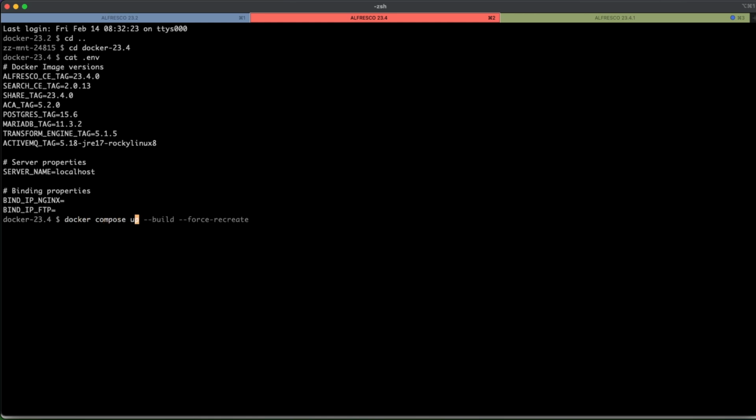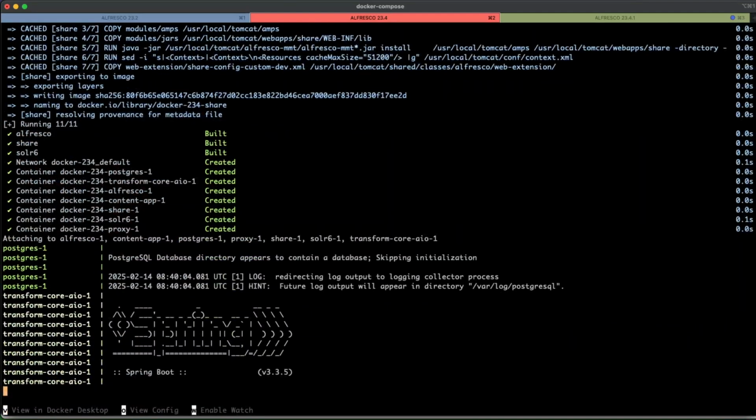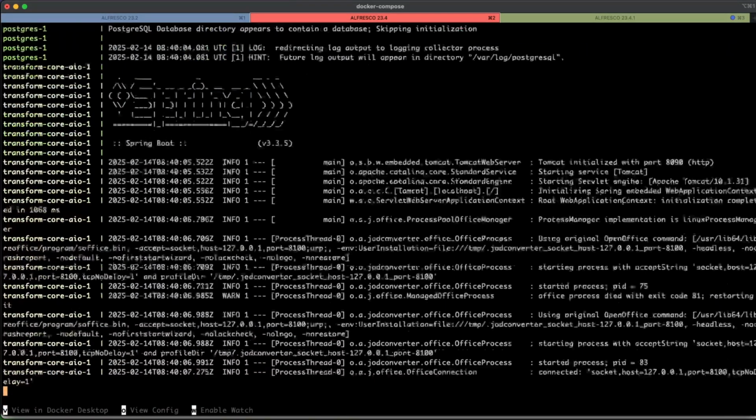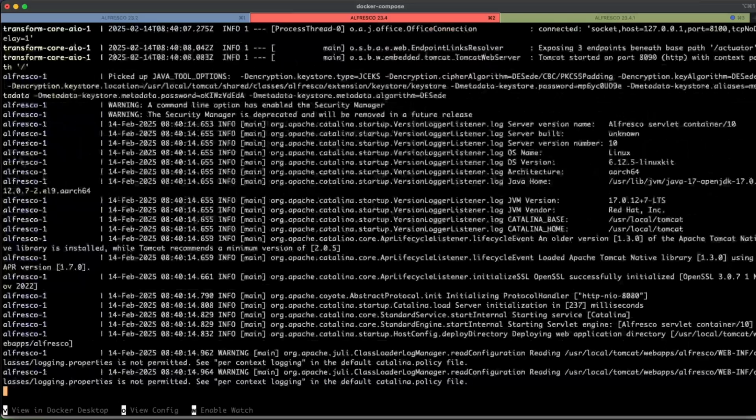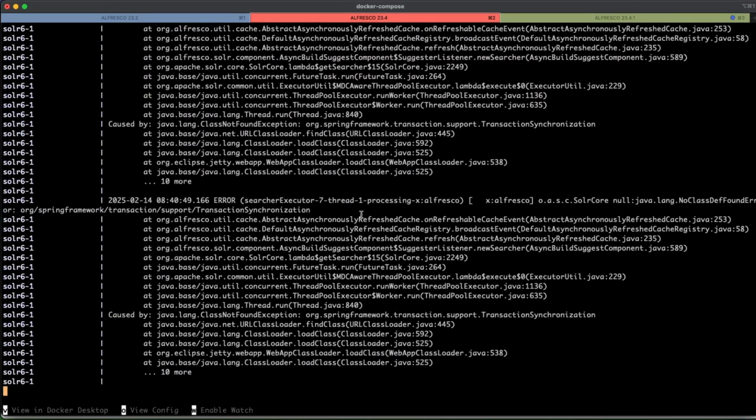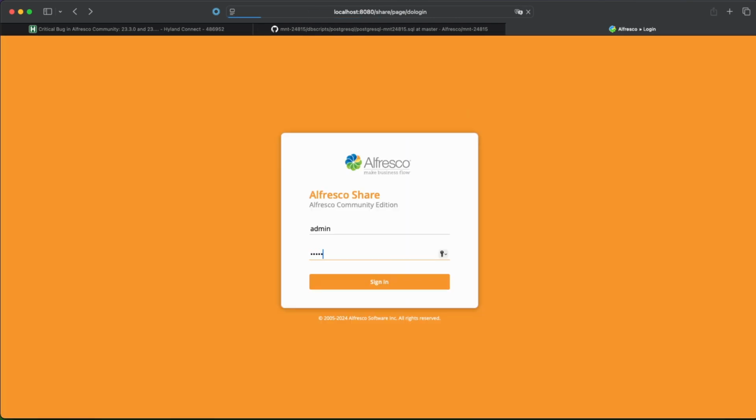So let's start this version. The database will be upgraded on this booting, as we were using the previous one, and let's verify what happened with the quick links and also with the audit entries. So once Alfresco 23.4.0 is running, then we can go back to the Alfresco server just to verify what happened with